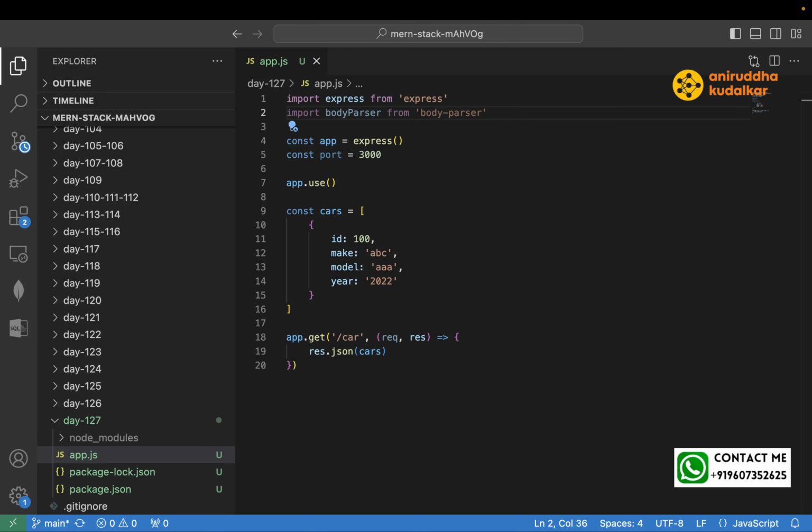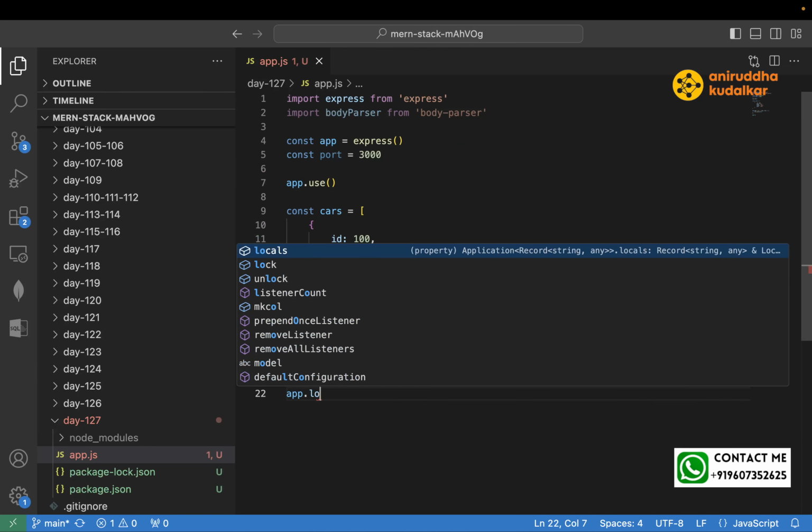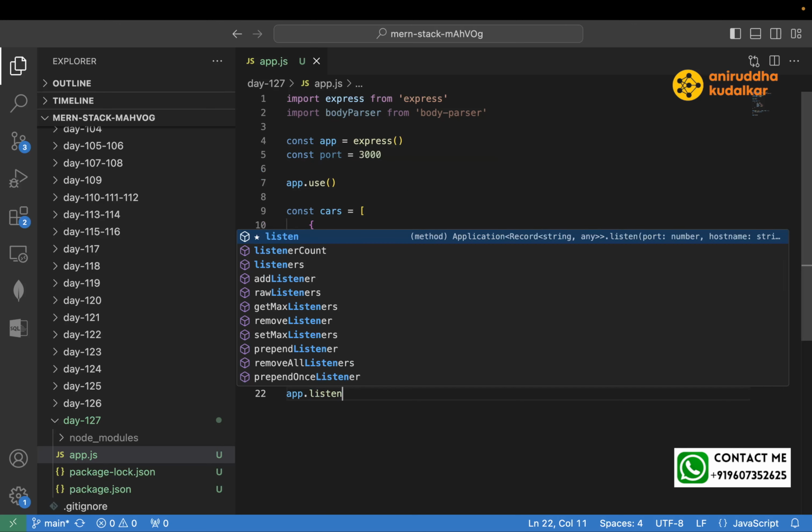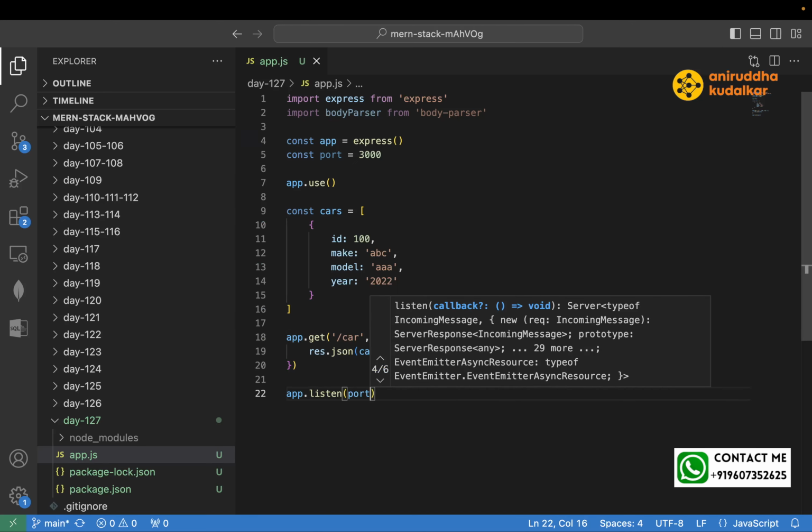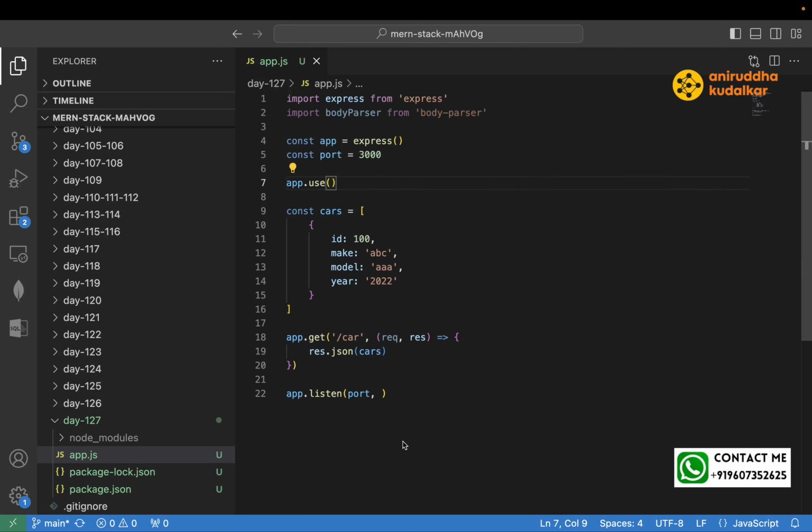That is already available in ExpressJS. Okay. Then what? App.listen on this port, and here we can have a callback,